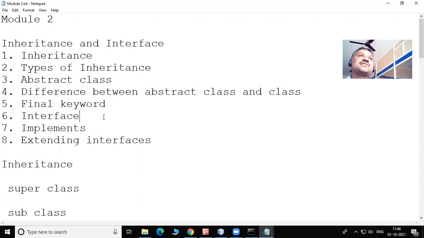Then extending interfaces: we can extend interfaces and do inheritance. That is, we can declare interface A, then interface B extends A. That is also possible in Java. Okay, these are the things about our second module, that is inheritance and interface.